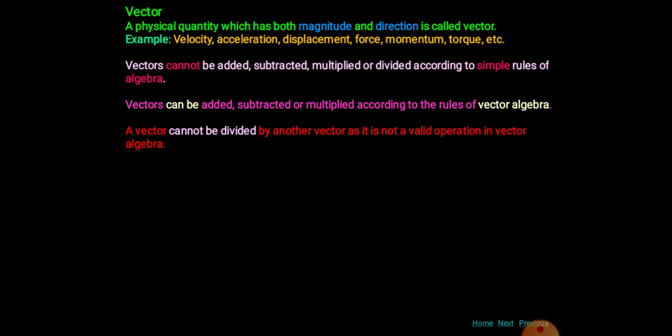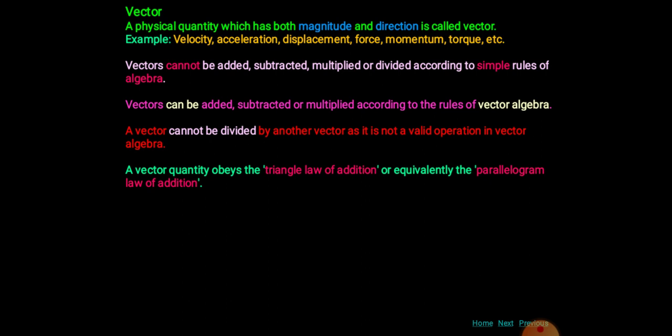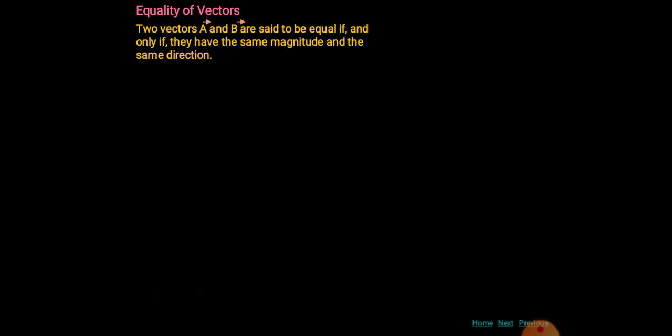First we will see the types of vectors. We also have to know about the triangle law of vector addition and the parallelogram law of vector addition. We will see this also in detail. Now let us try to understand the equality of vectors. Two vectors are said to be equal if and only if they have the same magnitude and same